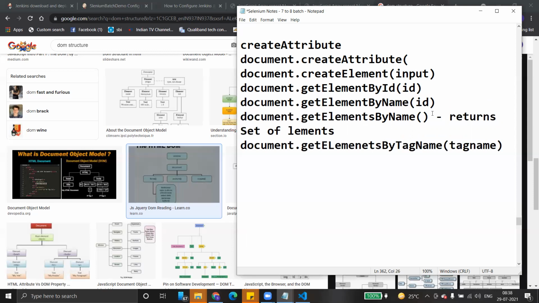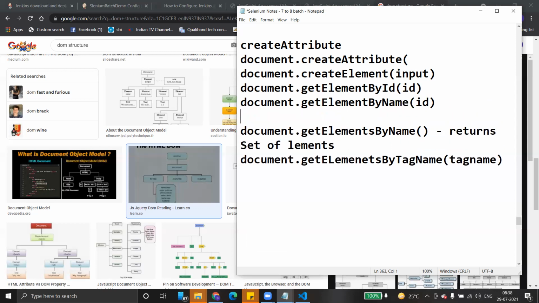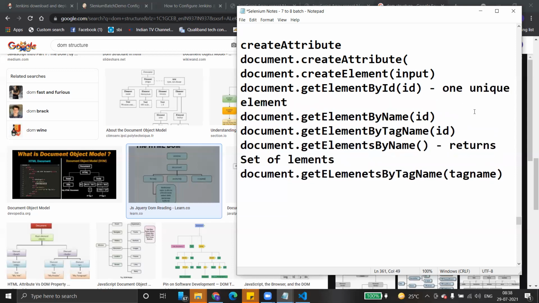Similarly, if you want to fetch elements with a tag name, you can do that by using getElementsByTagName.